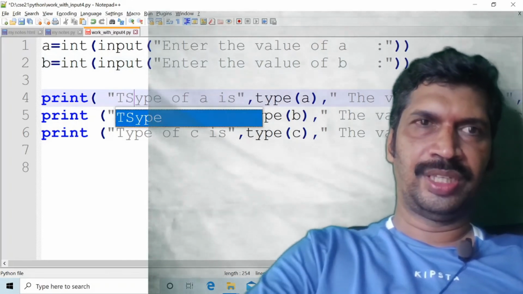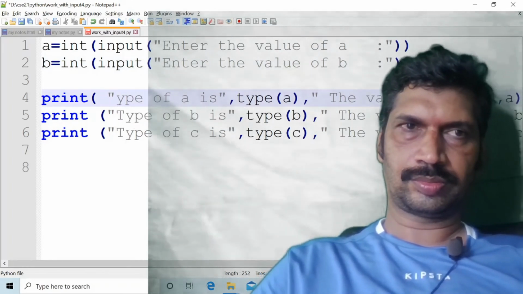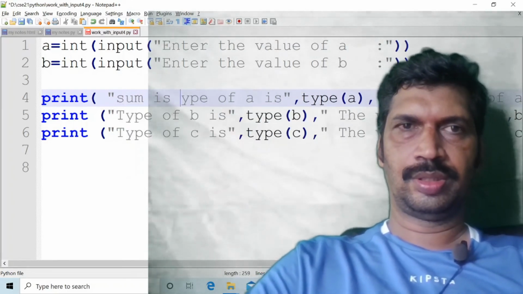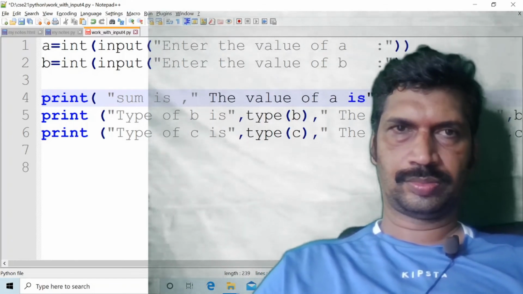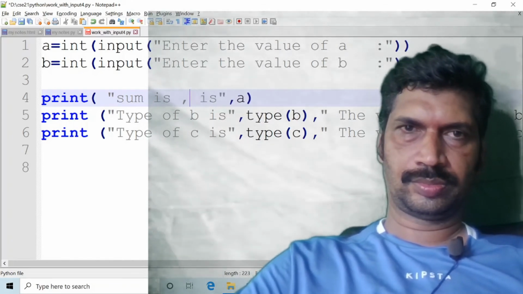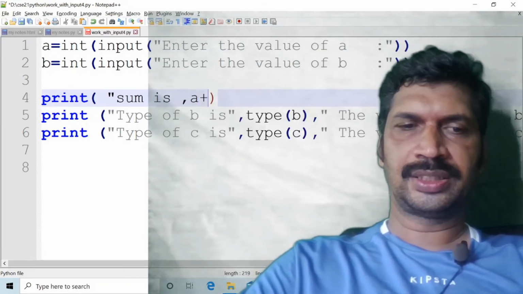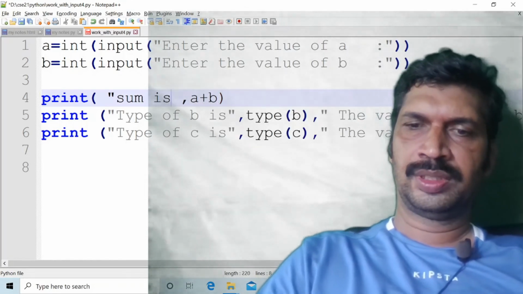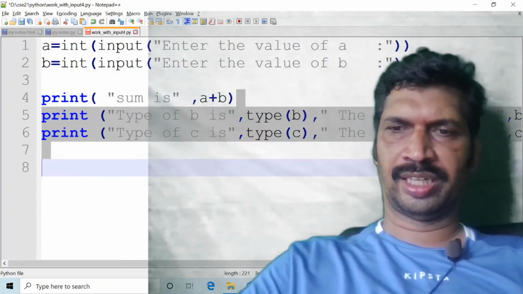Sum is a plus b. I am just printing the value of sum. Sum is a plus b. Other lines are not required, so I am deleting all other lines.